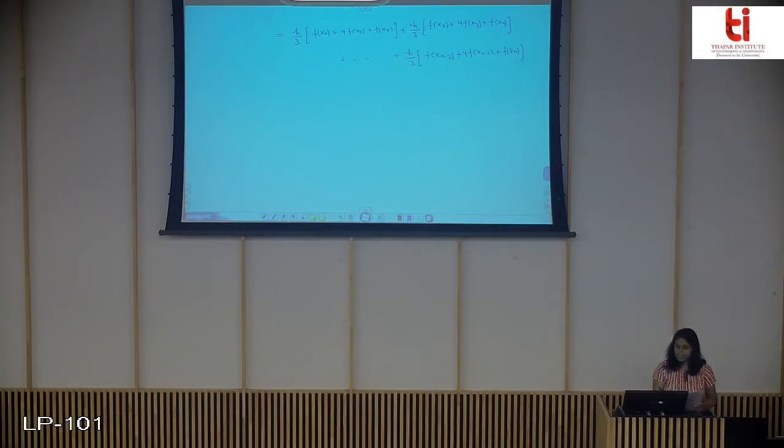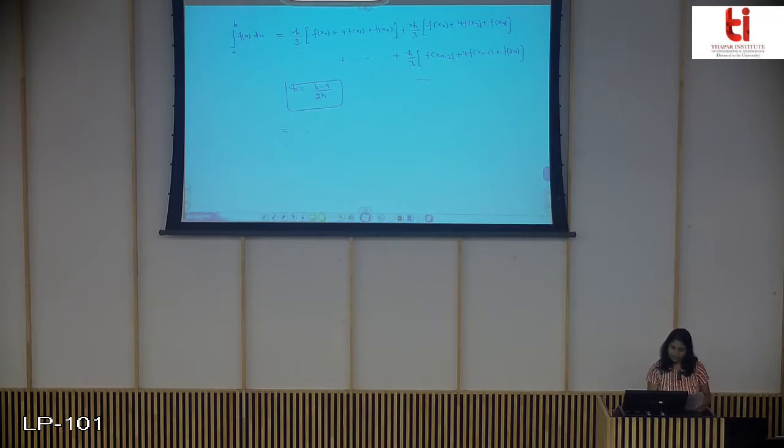In this case, what is h? h is the length of the subinterval. We are dividing interval AB into n parts, so b minus a upon n, but we are taking 2 points together, so the length of each subinterval is b minus a upon 2n. In Simpson one-third rule, h is b minus a upon 2, and since we are dividing the whole interval into n parts, it is b minus a upon 2n. So this integration a to b f(x) dx is equivalent to this discrete formula.